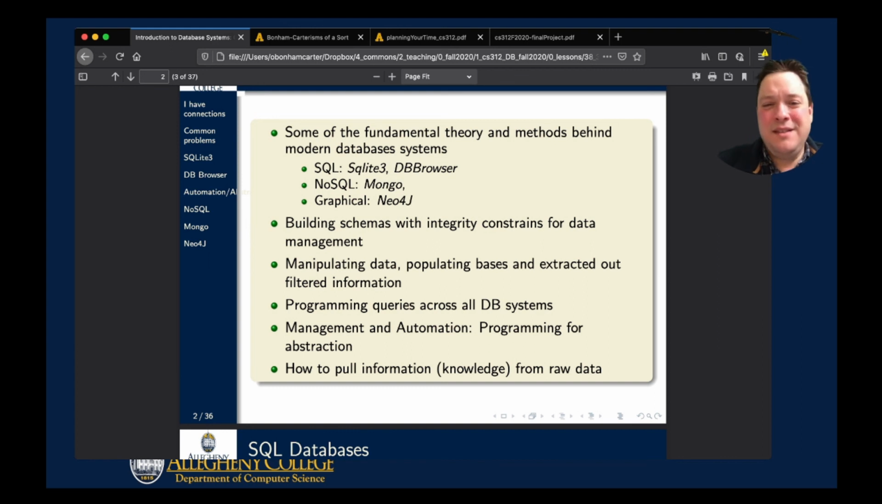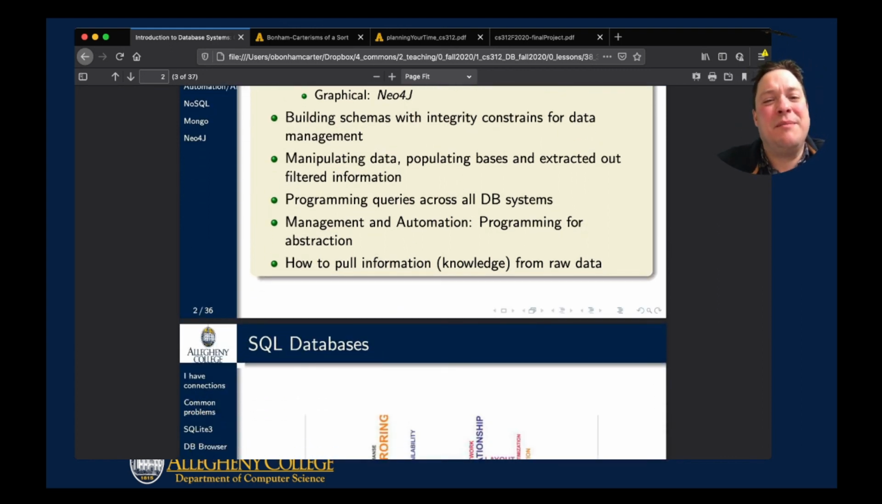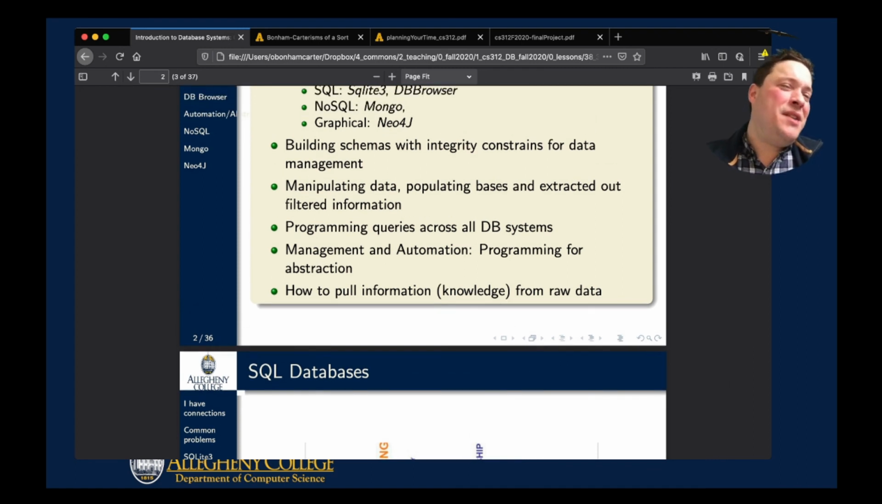We also talked about programming some queries. We talked about management and automation, and I've got slides that hit all of these subjects, but these are just the global pieces. We talked about how you write a Python program which is able to use abstraction to work with a database. And the reason we would talk about that is because when you have a database,